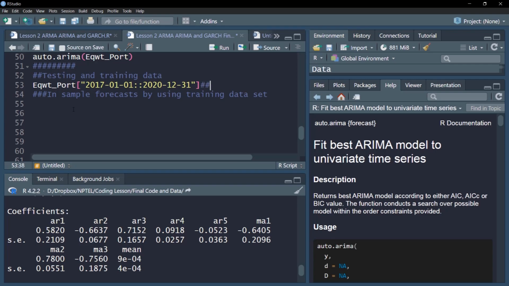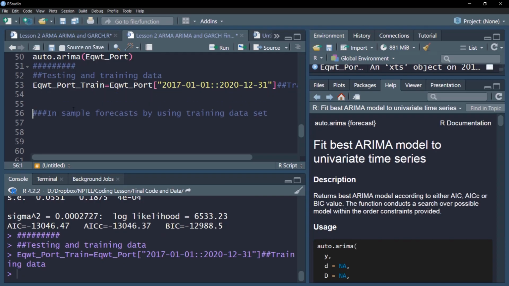It's a 3-year training data, so I'll train my model on this object. Equal portfolio train. So this is my training object.